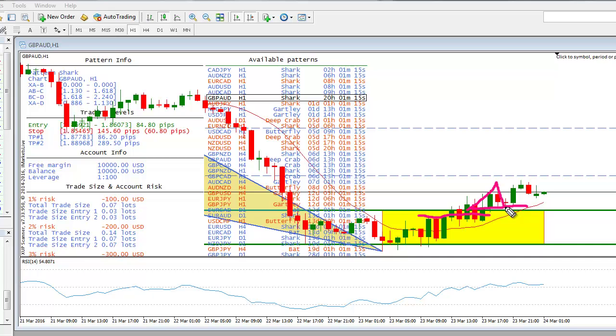Ideally, I would have been better off taking half the trade off and then moving my stop loss to break even. That's just a trading strategy. But in terms of the harmonic scanning rules, no need to do that. You can leave the stop loss here until such time as we've reached this target level, and then once you reach that target level, take half the trade off or a third of the trade off, whatever your rules are, and then move the stop loss to break even, and then aim for this one and aim for the next one. So that's my first trade, a profitable trade, maybe not as profitable as it could have been,